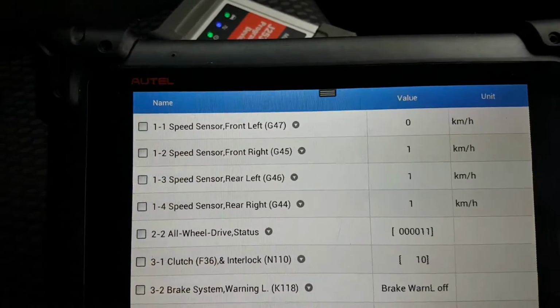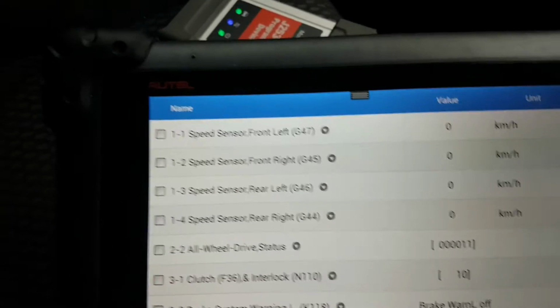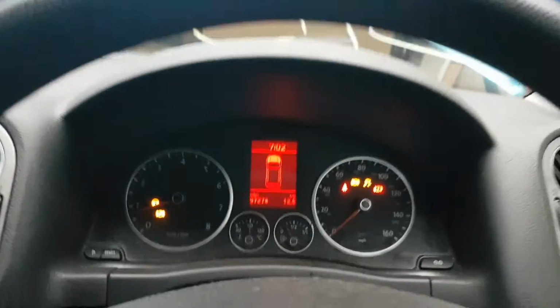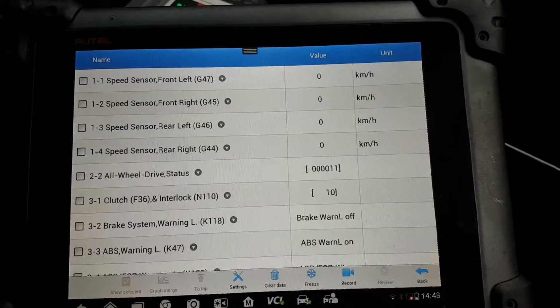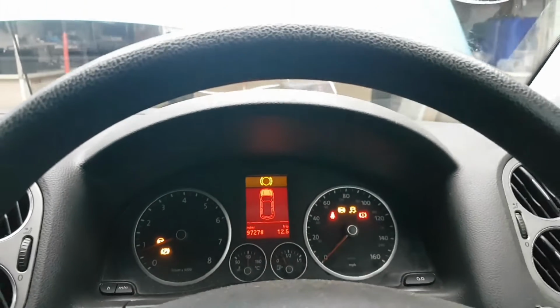There we go. Right, so I think at this point I don't really need to do anything else other than just go and start to do some checks to establish if my problem is the sensor or if it's something else. The steering angle, we'll look at that later, and I'm sure